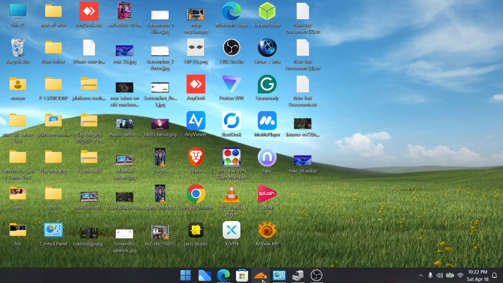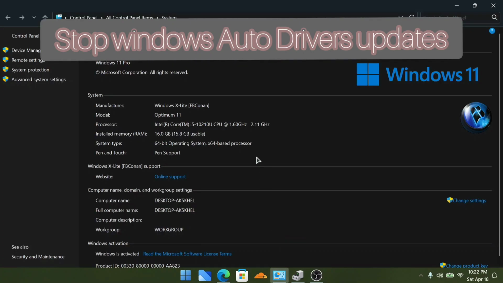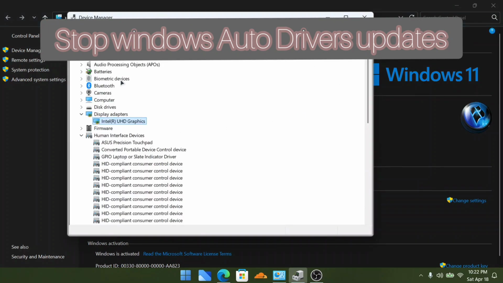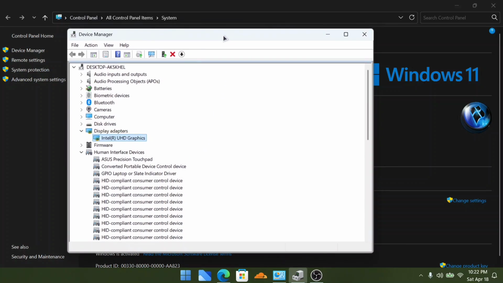Today I'm gonna let you know how you can stop the annoying Windows auto updating the Intel or any GPU driver you are using. This is so annoying. You install the latest, updated driver from the manufacturer website, like Intel or Nvidia or anything else, but Windows Update keeps updating that to an old version, and you want to get